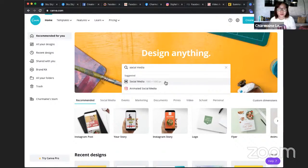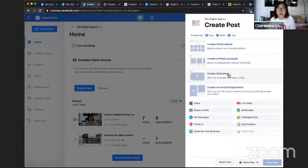You just need to put your image in, some of your tags, and you can actually just re-download them. If there's a watermark, just remove the watermark, find something from within Canva that's free, whether it's icons or images, and you would be able to re-upload them to Facebook as same size images, which would help you create very nice slideshows. Okay, so if you're wondering how to create a slideshow, I am going to create a video on that,